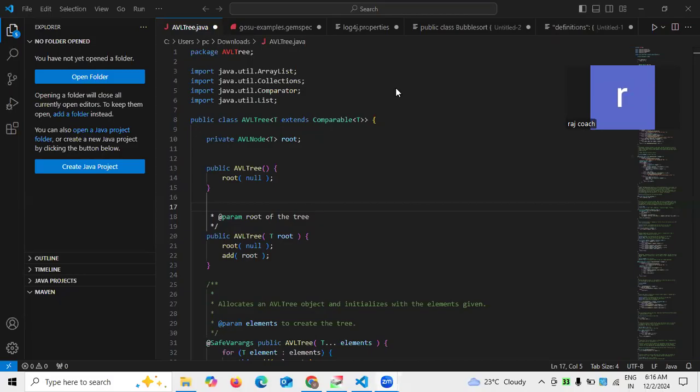Right. So, in the last sessions, we have discussed Java data structures, followed by algorithms, etc. All that. Today, I'm going to discuss the AVL tree, which is one of the important concepts under data structures